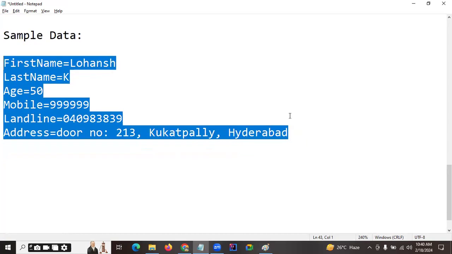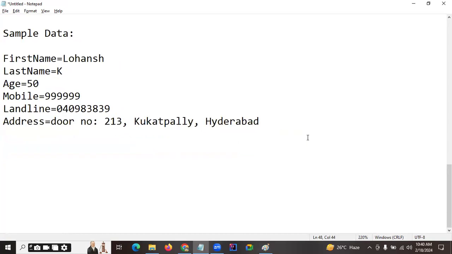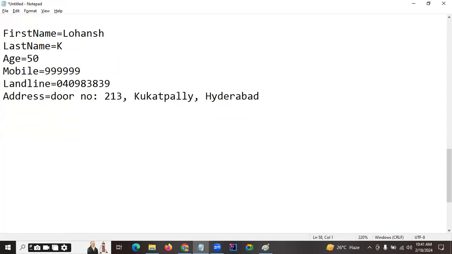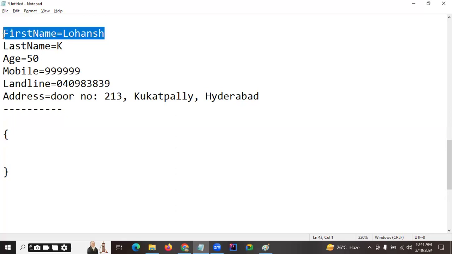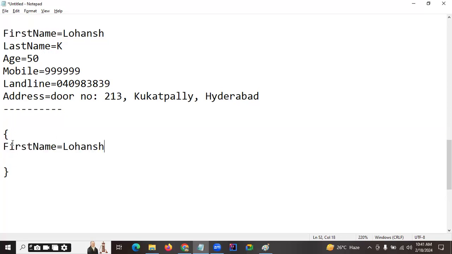Okay, so let us see, guys, how do we convert this data into a JSON object. First of all, for any JSON object, we just write open and close curly braces. Then the first data point that we have is first name is equal to Lohansh. So copy that, paste it here. First name is something like a key for me, so I will place that inside double quotes,